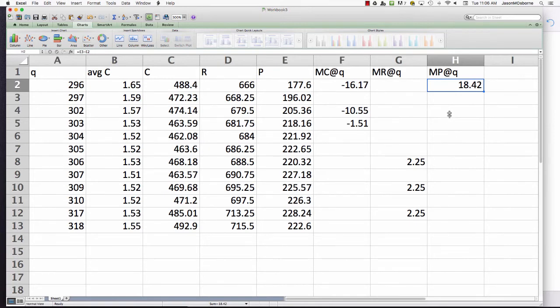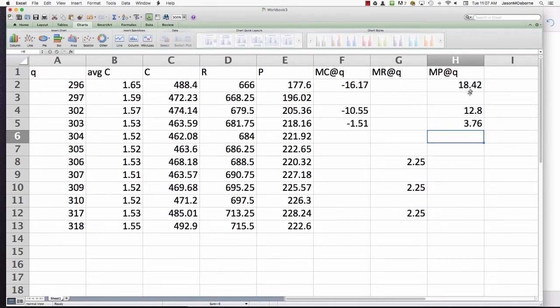Let's see what happens at the 302 level. Okay, at 302, you have the profit for selling 303 items minus the profit for selling 302. You made $12.08. Okay, let's take a look at the 303 to 304 and see if we can notice anything happening. The profit for selling 304 minus the profit for selling 303 is the marginal profit at the 303 sales level,